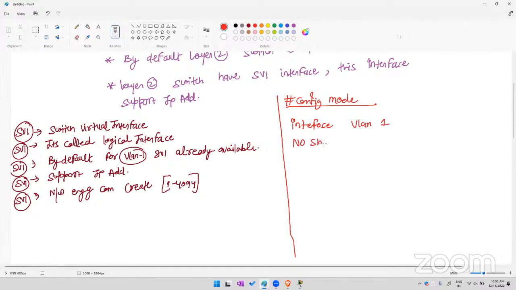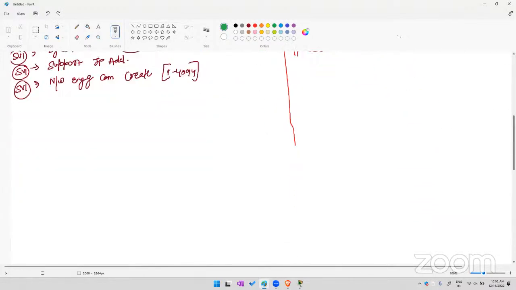Say no shutdown and then assign the IP address 192.168.1.1 and the subnet mask 255.255.255.0. Now a layer 2 switch we can easily assign, but if you're having a layer 3 switch, then how to